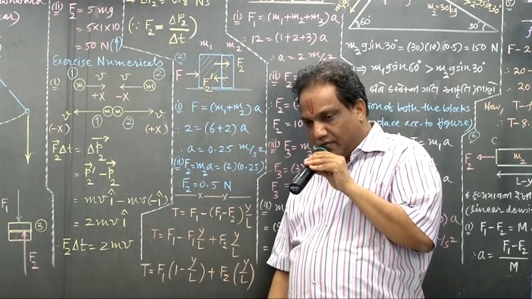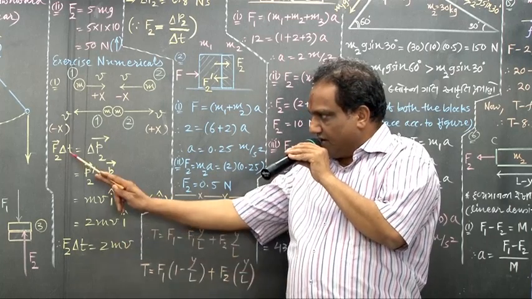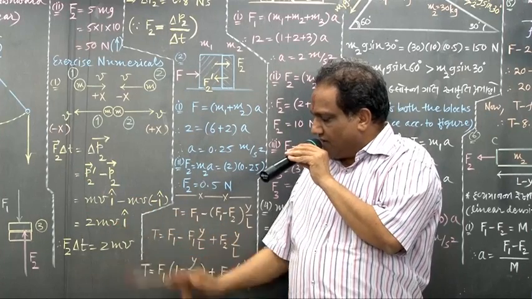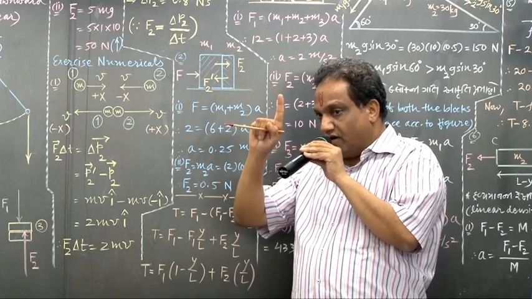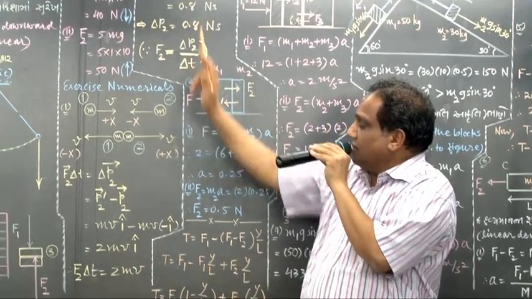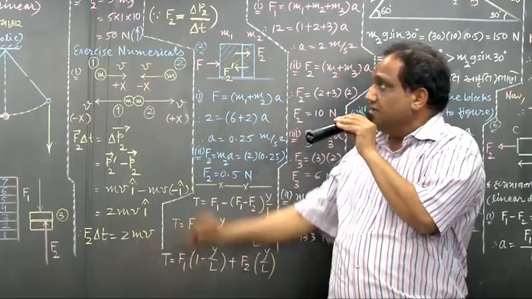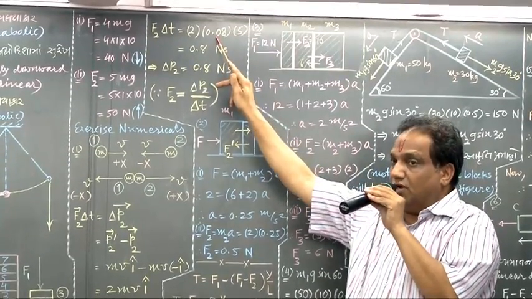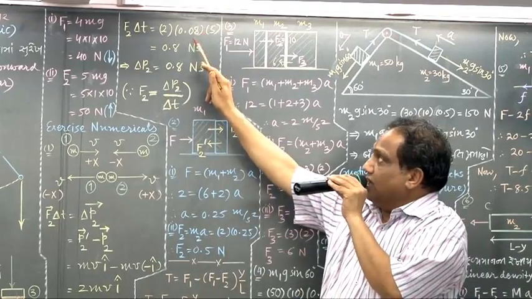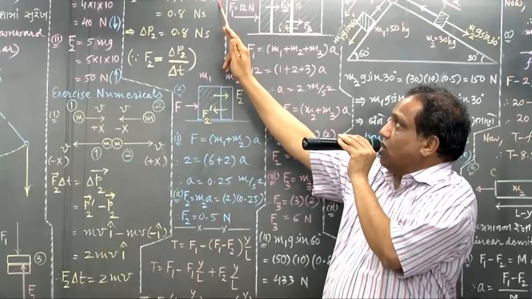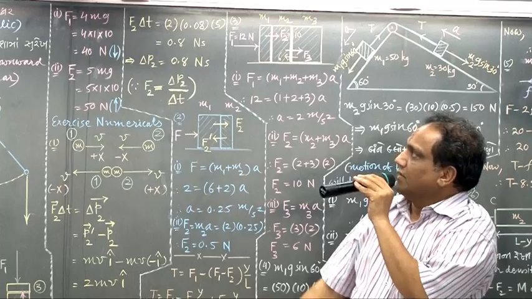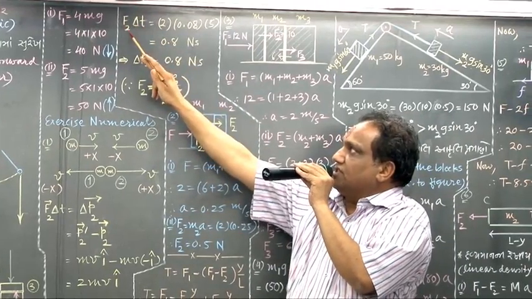Correct? Take the magnitude on both sides. When you take the magnitude, you can delete the vector sign. So it is now F2 into delta t. The unit vector has magnitude 1 unit, so it is 2mv, with the 2 as it is. What about the mass of either sphere? They have given 80 gram; convert into kilogram: 80 into 10 raised to minus 3, it will be 0.08 kilogram. Velocity they have given is 5 meter per second. This answer is 0.8 newton second. This is the impulse of force for the second body.